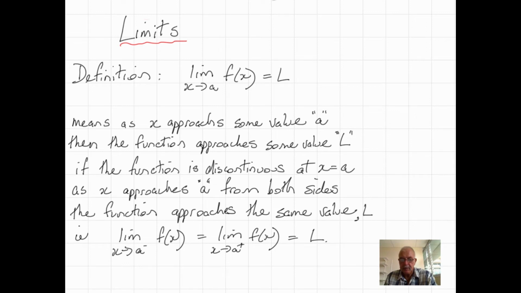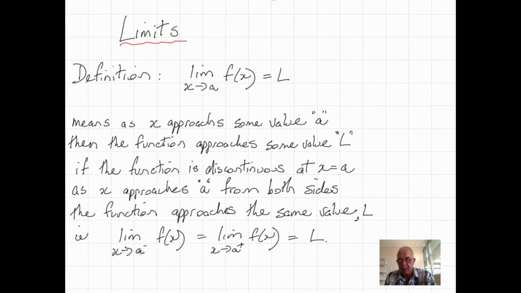We need to also look if a function is discontinuous at x equals a. In other words, there's a hole in the graph right where x is equal to a. Then we need to test that as x approaches a from both sides, the function approaches the same value, because if it approaches one value from the positive side and another value from the negative side, then the limit does not exist. So algebraically that's written as f, the limit as x approaches a from the negative side, or the left